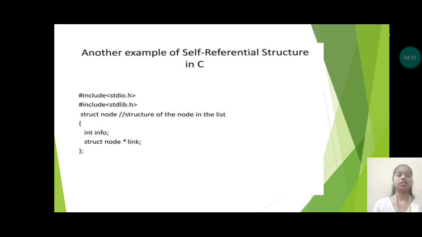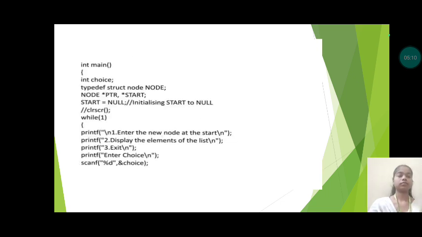Another example of self-referential structure in C: #include <stdio.h>, #include <stdlib.h>. struct node { int info; struct node *link; }; int main() { int choice; typedef struct node node; node *ptr, *start; start = NULL; while (1) { printf("\n1 enter the new node at the start\n"); printf("2 display the elements of the list\n"); printf("3 exit\n"); printf("enter choice\n"); scanf("%d", &choice);